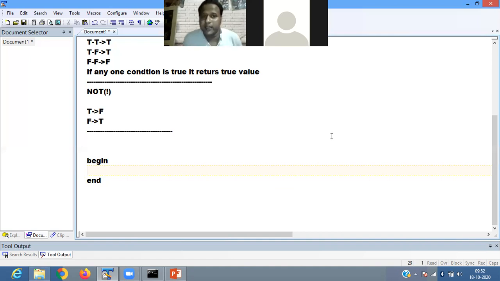Data type means when you give information to the system, the information is of how many types? One is completely string or completely letters or a combination of letters and numbers, which is defined as character. Another is only numbers, which is called numeric.